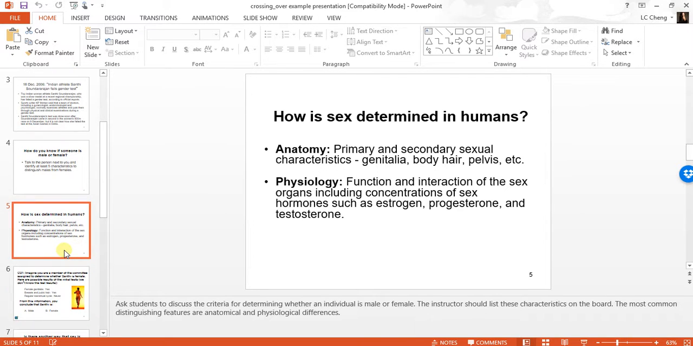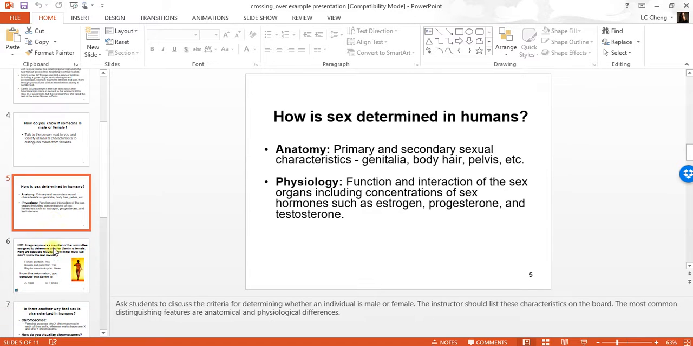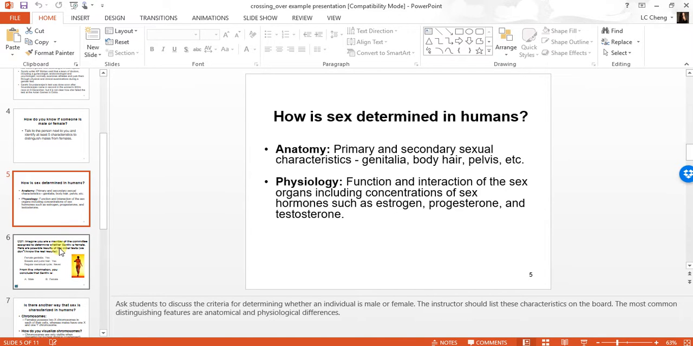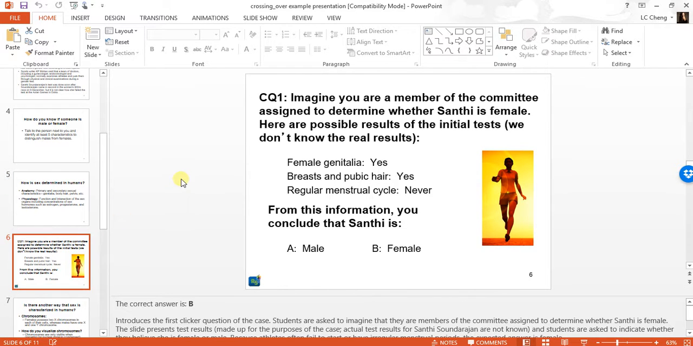We want to address some of those key terminology and concepts that we want the students to walk away with at the end of the lesson, based on the expectations in the Ontario Ministry of Education curriculum document. So we want to identify terms like anatomy, physiology, chromosome, genes, etc. And this is what we envision our first clicker question would look like. So for example, we would ask students to imagine they're a member of the committee that decided whether the